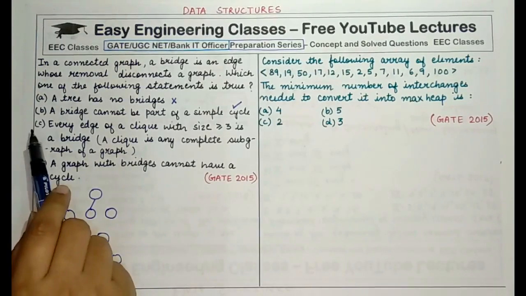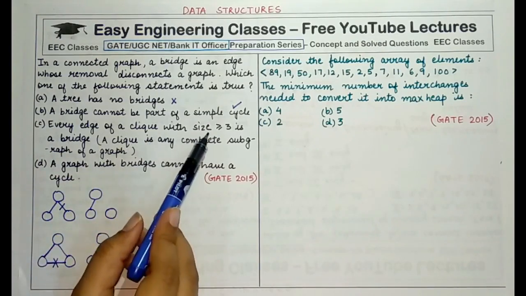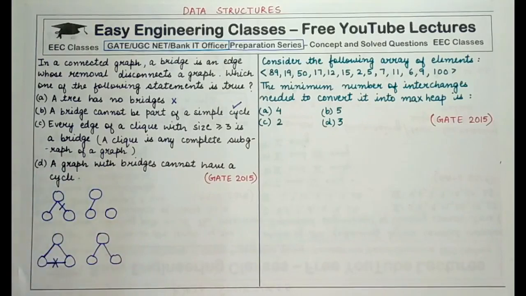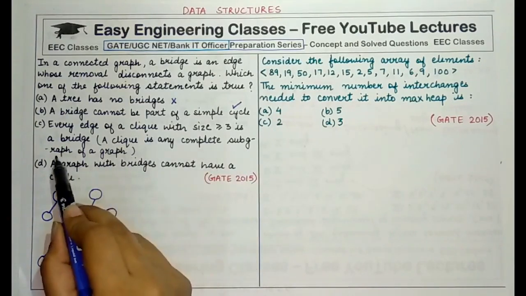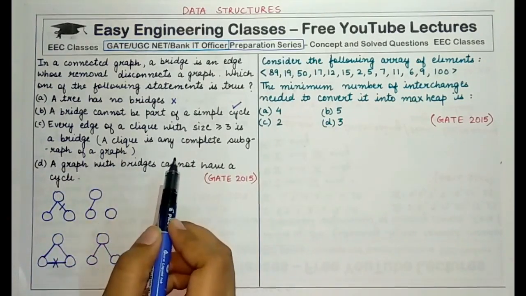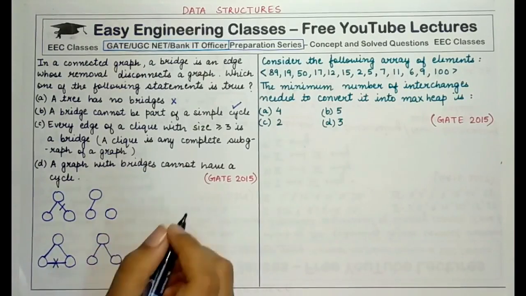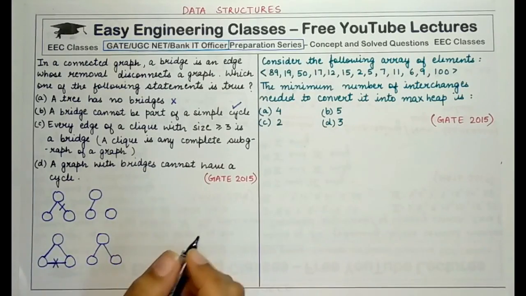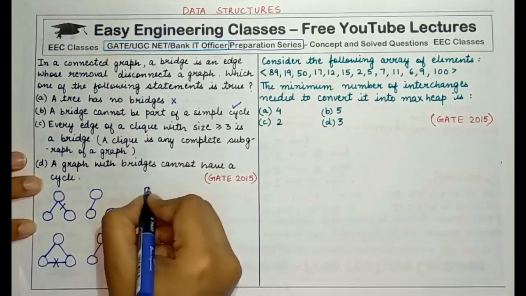The C option says every edge of a clique with size greater than or equal to 3 is a bridge. Now this statement is false, because what is actually a clique? A clique is any complete subgraph of a graph. Now to disconnect such a graph we always require n minus 1 edges, provided there are n vertices. So for a clique